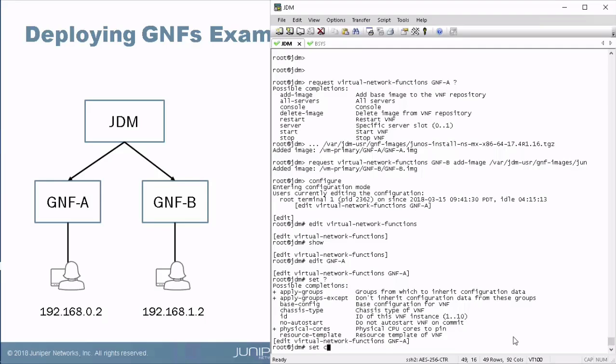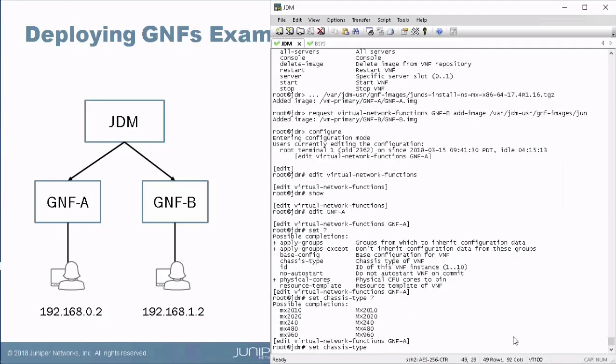And then there's the chassis type. I want to point this out. Now, it shows the different chassis that are available. Now, notice in this one, this is a